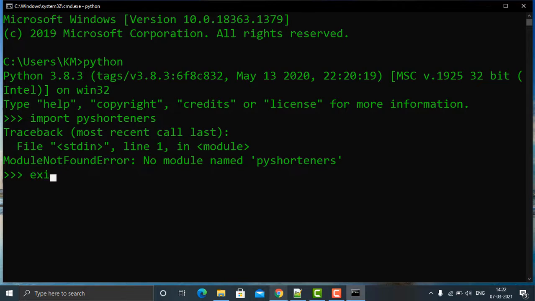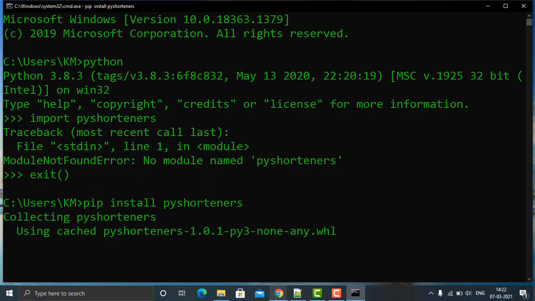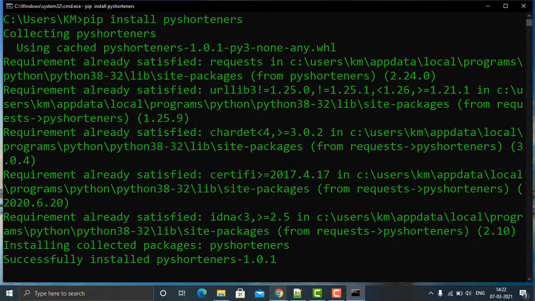So you want to install pyshorteners using the pip install command: pip install and then the package name, pyshorteners, enter. It will take some time to install.